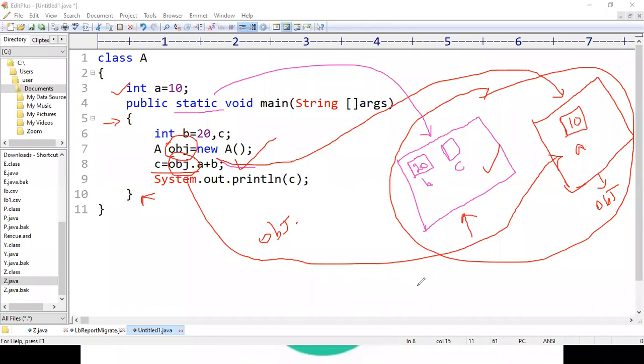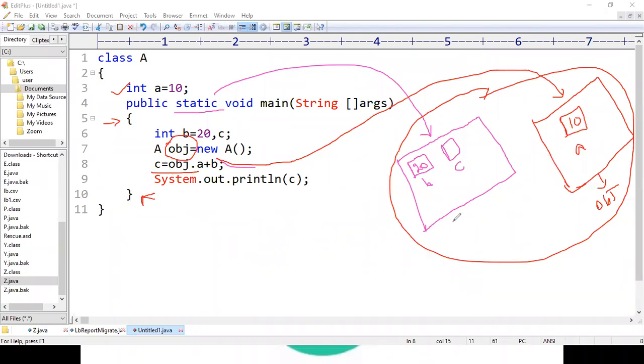So right here, this memory is called the context of a class, and this memory is called the instance of a class.